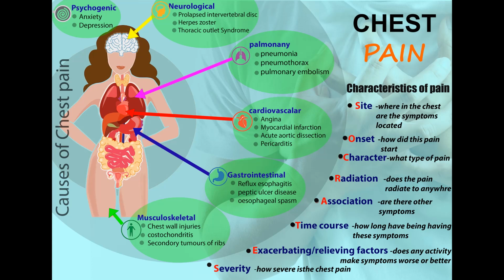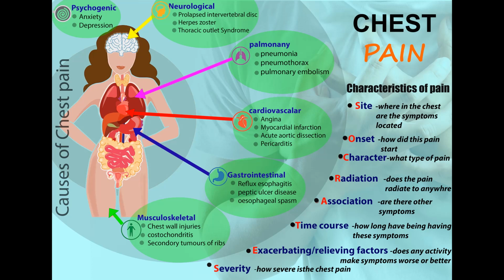The respiratory causes of chest pain. Pneumonia is a condition in which patients come with fever, sometimes productive cough and difficulty in breathing. It causes unilateral and localized pleuritic pain. Then a condition known as pneumothorax, which is a collection of air in the pleural cavity, and also pulmonary embolism can cause chest pain. Gastrointestinal causes of chest pain are reflux esophagitis, a very common problem in clinical practice, which is inflammation of the lower part of the esophagus due to gastric acid.